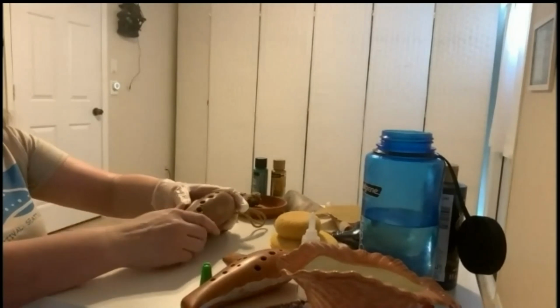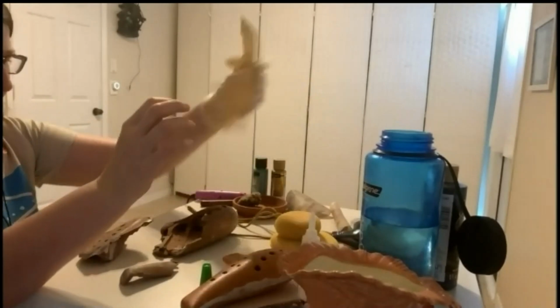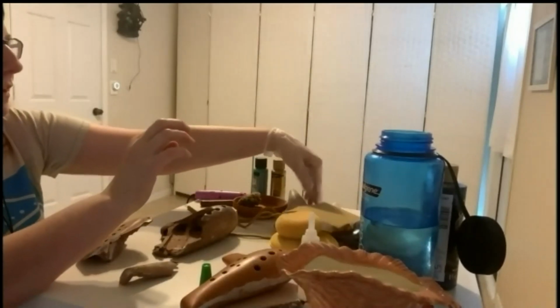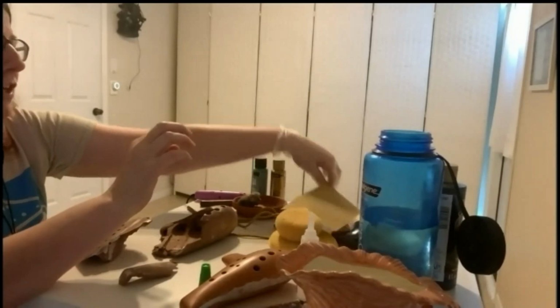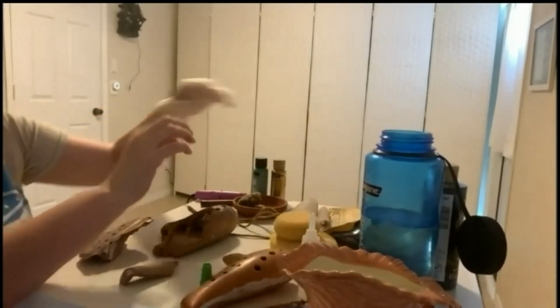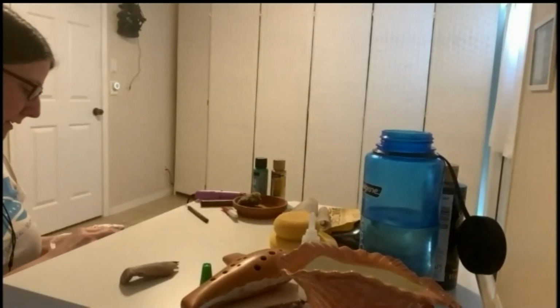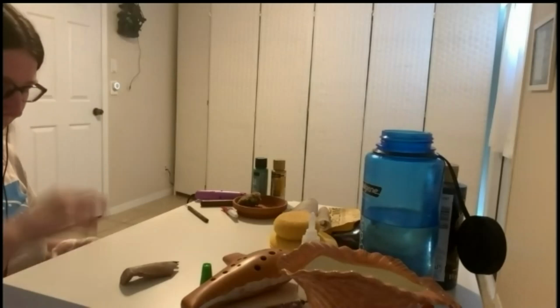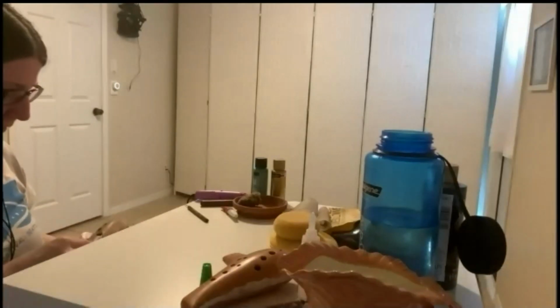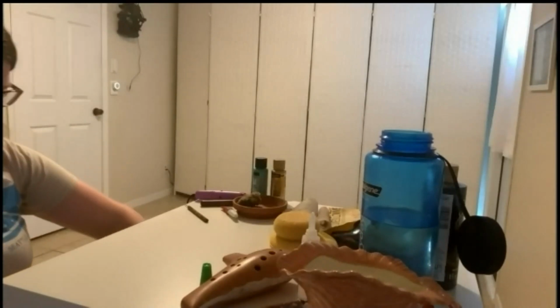And I always start with a rougher, like a 120 grit sandpaper. And then I go down to a smoother, like 220, and then I finish off smoothing it with a 320 grit sandpaper. And then once you're done with all of that, if you're lucky, it's still in tune. And if you're not lucky, then